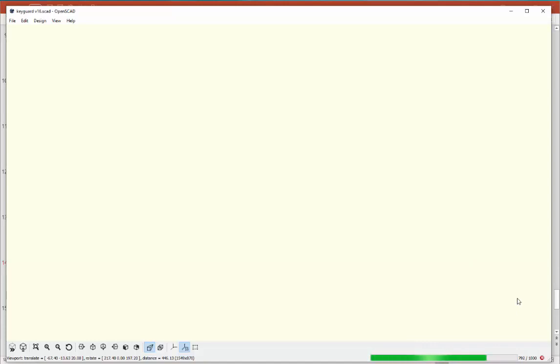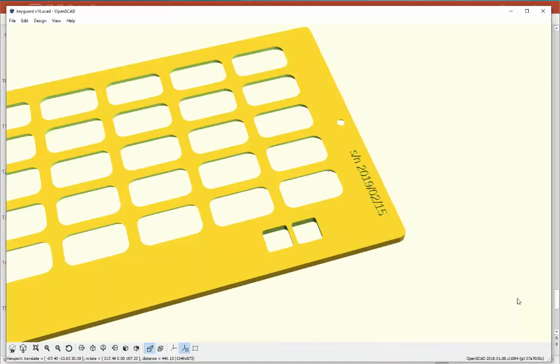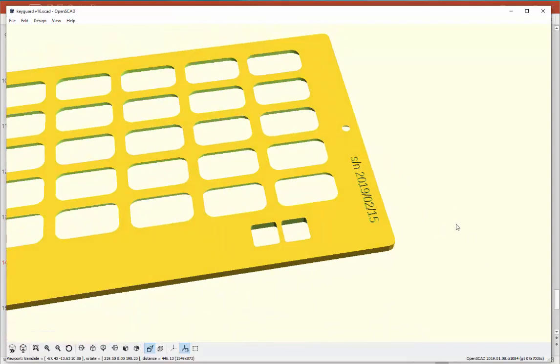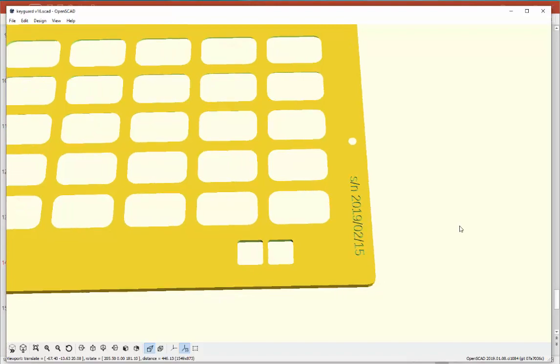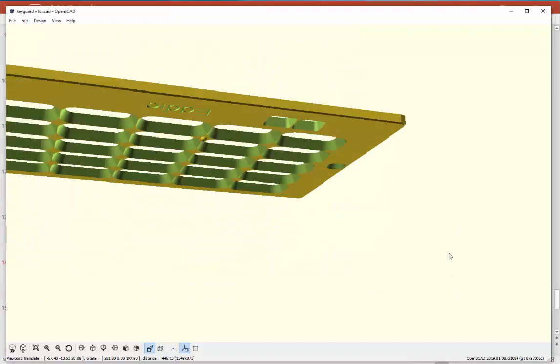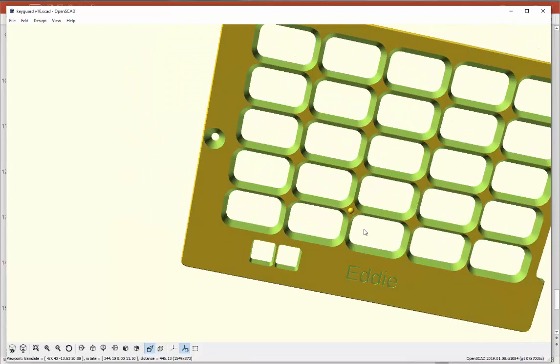And you don't need to do any rendering. It's just, if that annoys you, just render it. The amount of time it takes depends on the horsepower of your computer. Mine doesn't have a lot of horsepower, but now the text looks a lot prettier. All right, so we've got the text on the bottom. We've got everything looking pretty good on top,